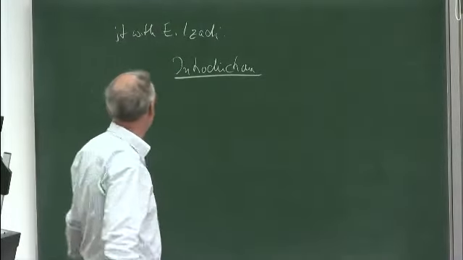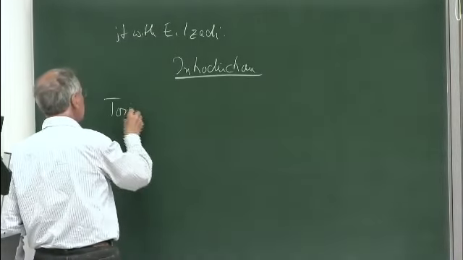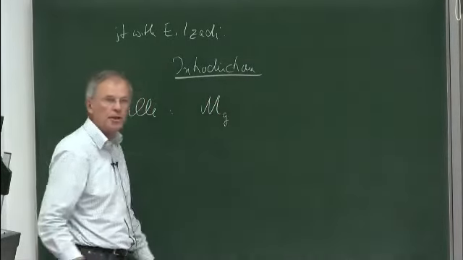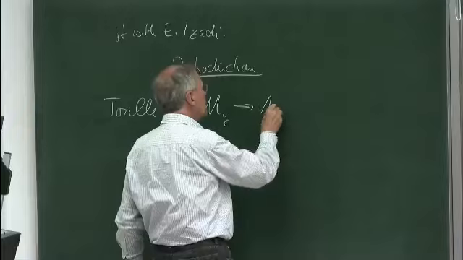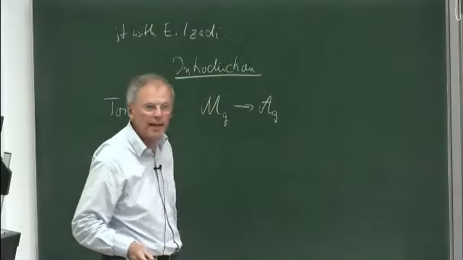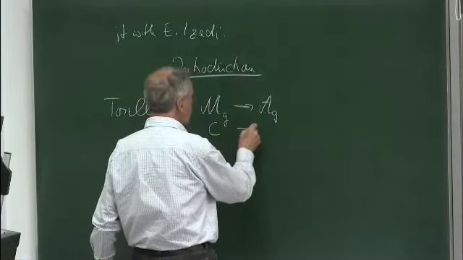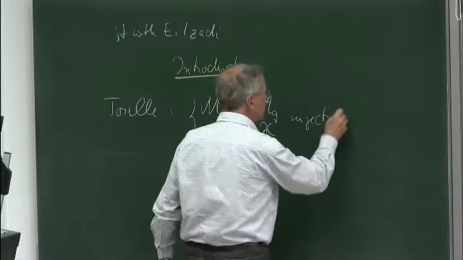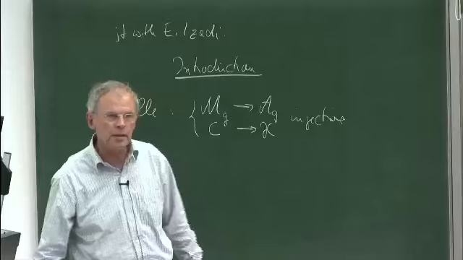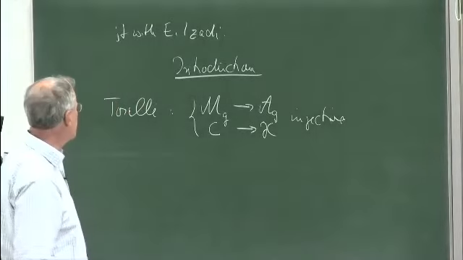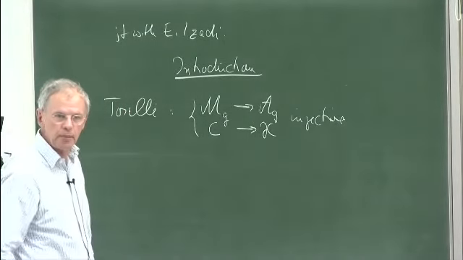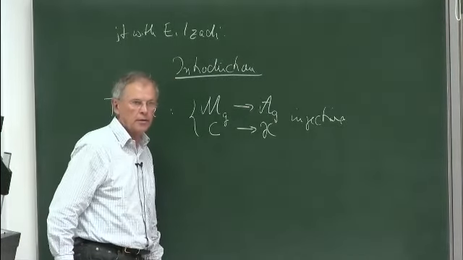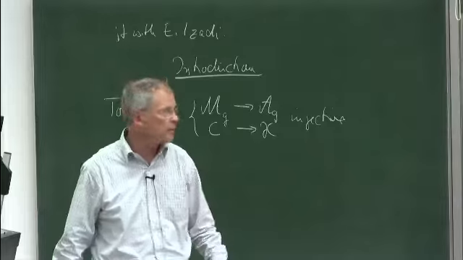Everybody knows the Torelli theorem. It says that the canonical map from the moduli space of curves of genus g to the moduli space of principally polarized abelian varieties, associating to a curve C its Jacobian, is injective. The tetragonal construction concerns an analog of this theorem for the moduli space of Prym varieties. However, we will see that this theorem is not correct in this sense, so the problem is more complicated.